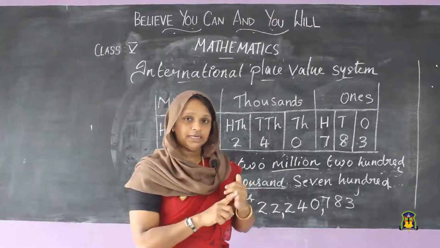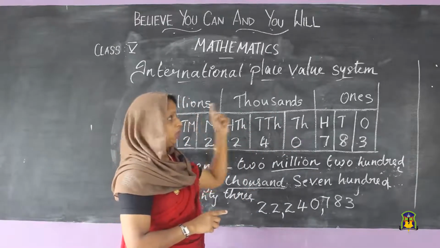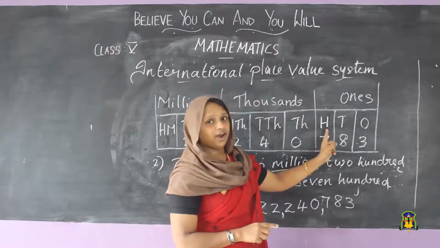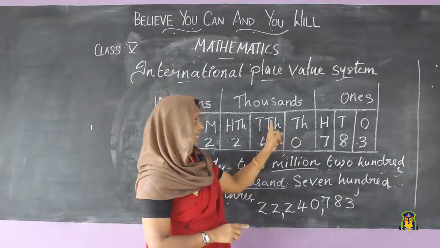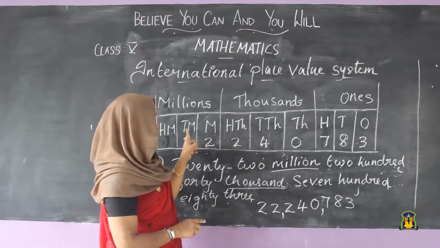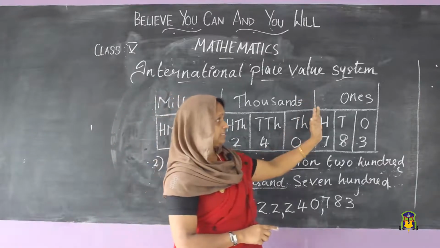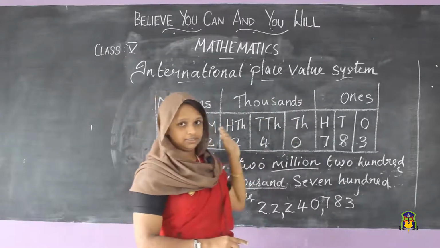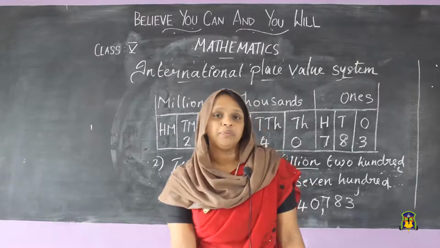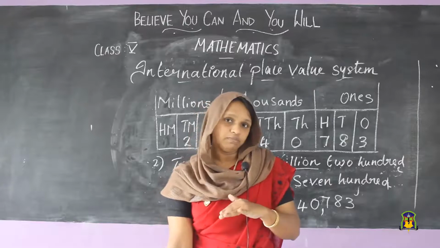So you want to note the ones period, 1000 period and million period. The ones period is divided into 3 places: ones, tens and 100. The 1000 period: 1000, 10,000 and 100,000. Then million, 10 million and 100 million. And also we want to insert commas between the periods. We want to separate periods using commas. Then you can read it easily, and also you can write the numbers in reverse easily.